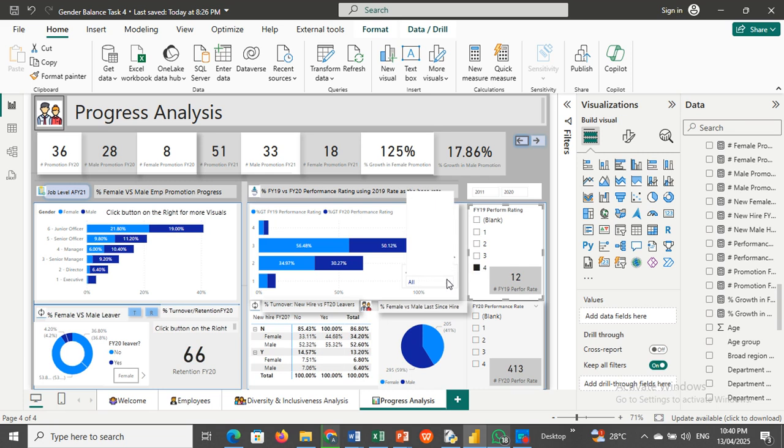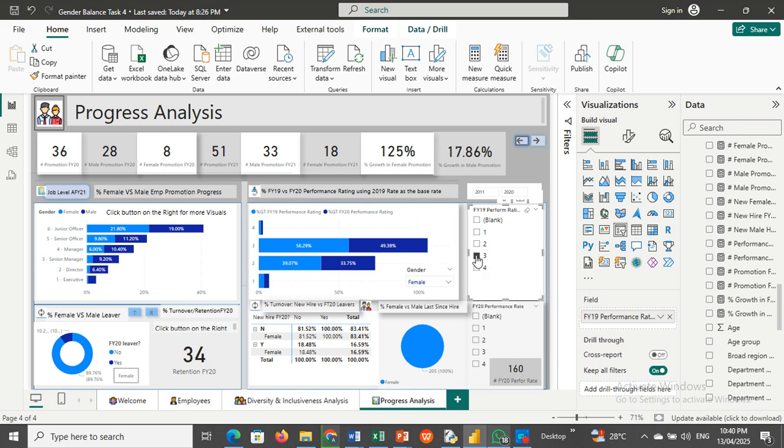We look at four and we look at the gender. Here we are looking at female. Now you can see for the male we have 10 for the performance rank level of 4, and we have the female 2. For performance rank level of 3, we don't have anything for the female, but for the male we have 133, while for the female we have 85. So this is the reason for the slow pace for this particular company to achieve gender balance among its workforce in the top managerial level,